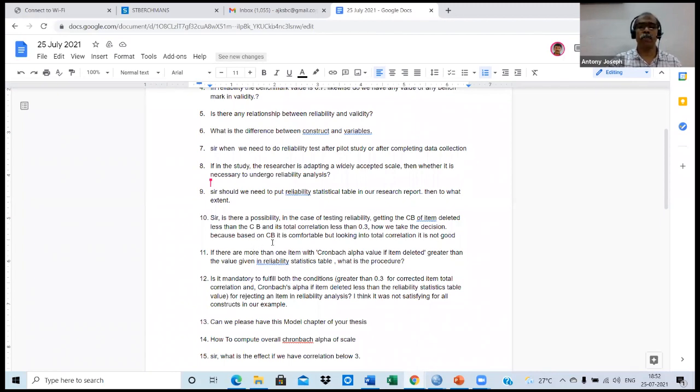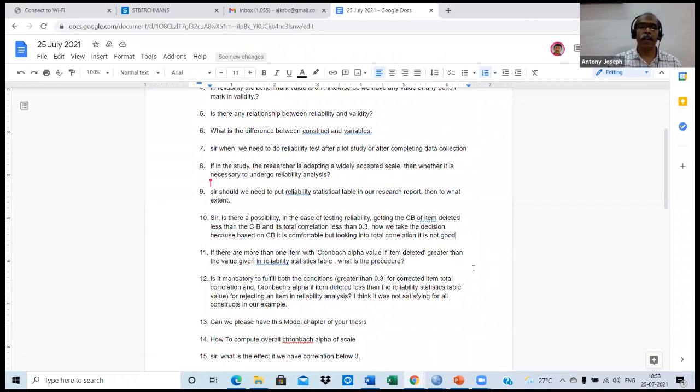Because based on Cronbach alpha it is comfortable, but looking into total correlation, it is not good. Remember, we have two different criteria. One is item to total correlation and another is Cronbach alpha. Both these must be satisfied. If any one is not satisfied, it is to be thrown away, no doubt at all.